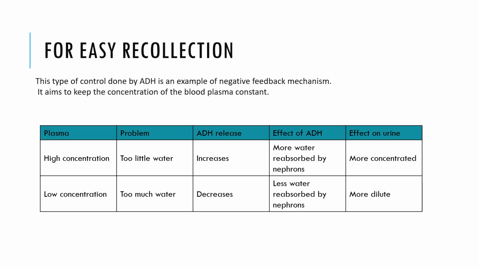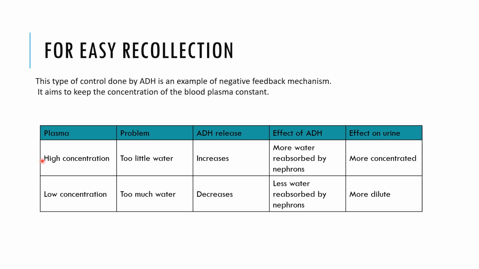So for easy recollection, I have made it in the form of a table. Where if there is a high concentration in plasma, the problem is that there is too little water, and this increases the ADH release. And when ADH is more, more water is absorbed by the nephrons. Nephron is basically the cell present inside the kidney, and the effect on urine is that it will be more